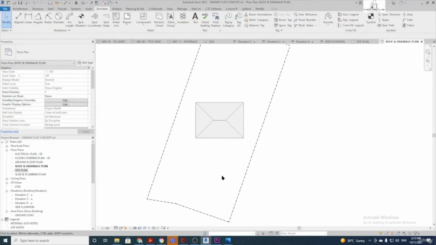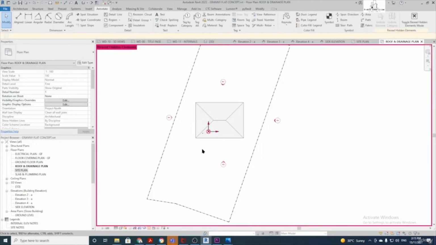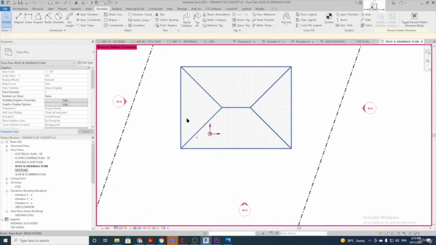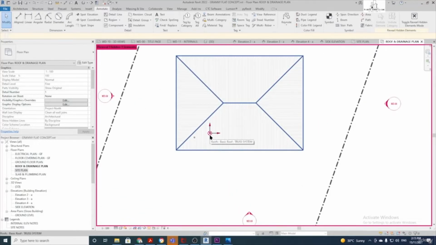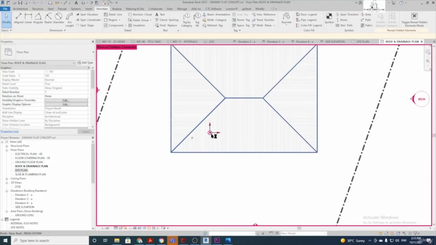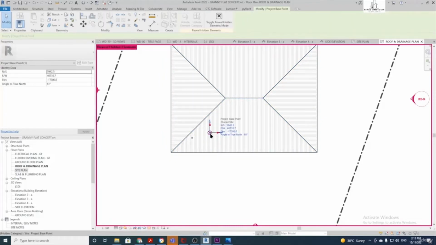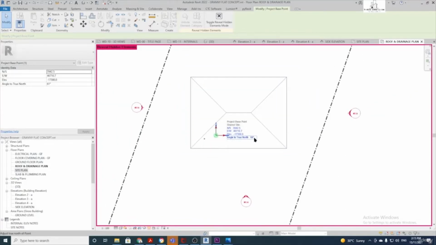So to get this orientated correctly, you come down here and we can click on the little reveal hidden elements tab. Click on that, and this will bring up what's hidden here, and you can see this little circle with two arrows coming off it. Tab through until you click on that, and it'll bring up these project based measurements. And what we do is we're going to change the angle to true north here. So we'll change that back to 0